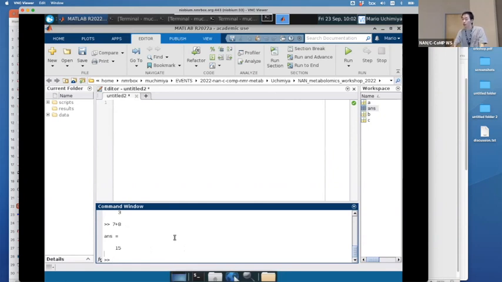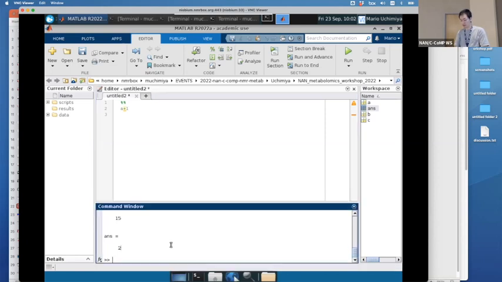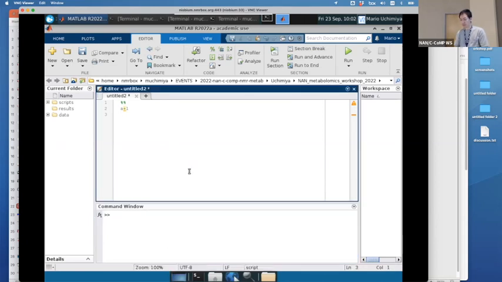And command window is really good, but if you have so many commands, it's not very easy to use this command window. And that's where we need script or workflow. Now you can do the same thing like A equal 1 and, oh, sorry. Now I have variable A, like